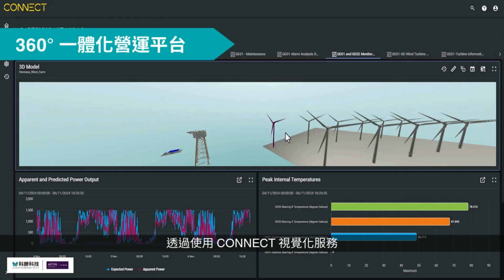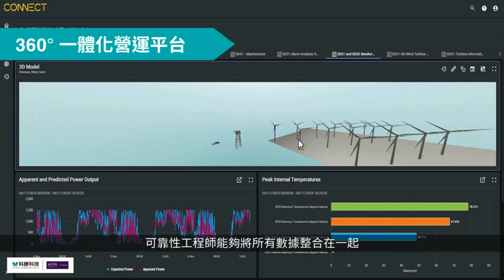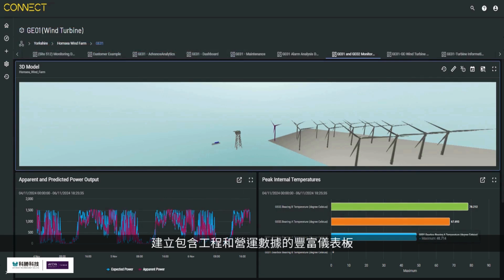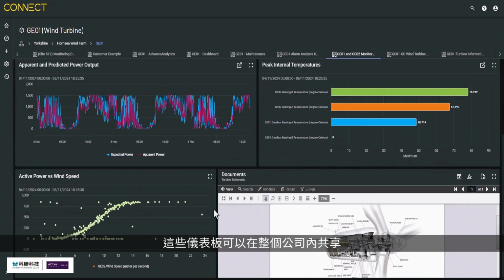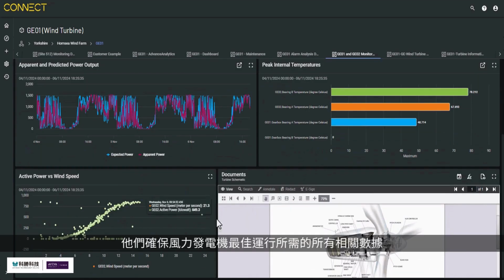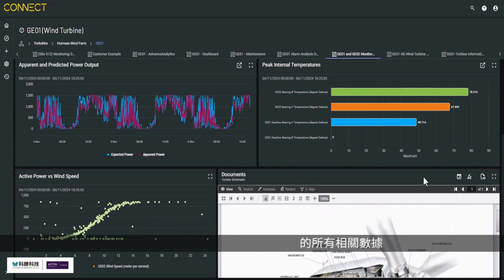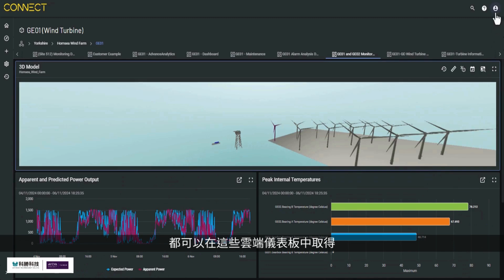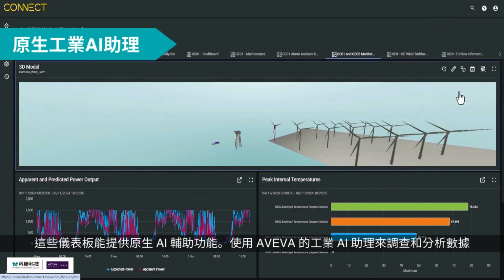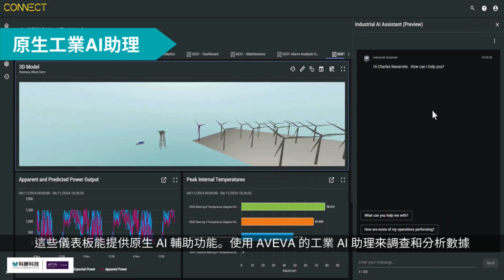Using Connect visualization services, the reliability engineer can bring it all together, creating rich dashboards of both engineering and operations data, which can be shared throughout their company. All the relevant data that they need to ensure optimal operation of their wind turbines is made available right here in these cloud dashboards, which can even offer native AI assistance for investigating and analyzing this data, using AVEVA's industrial